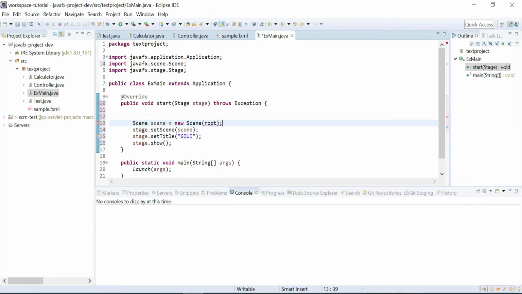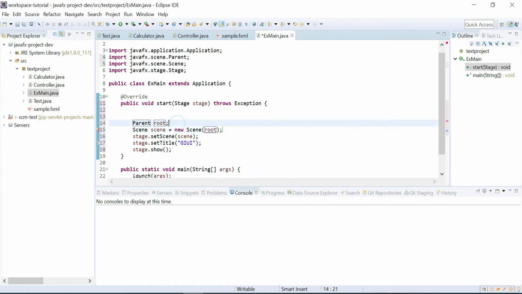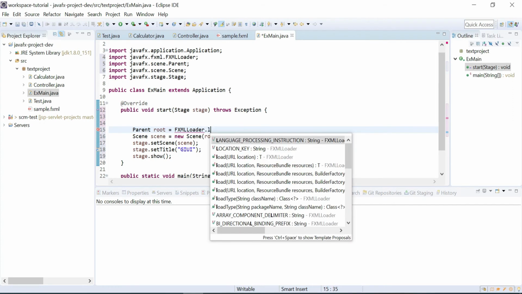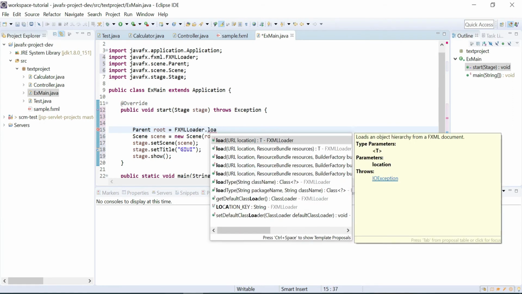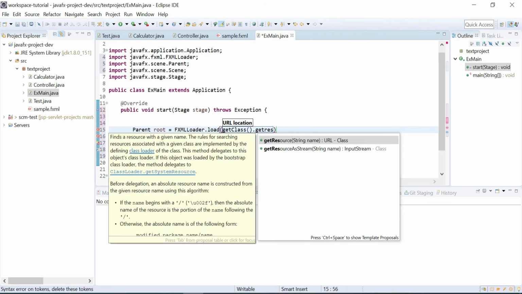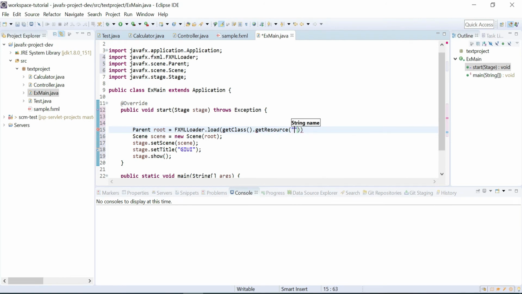So the scene object is going to expect the root, right? So where are we getting the root from? From the fxml file. So FXMLLoader dot load, getClass dot getResource. What is my resource name? Our resource name is sample dot fxml.